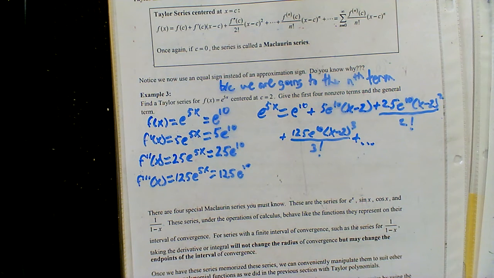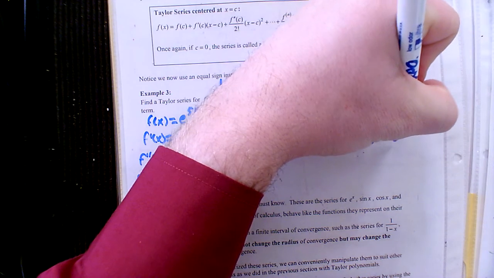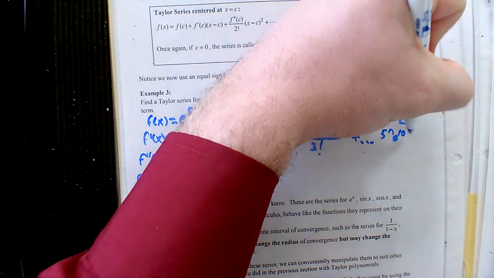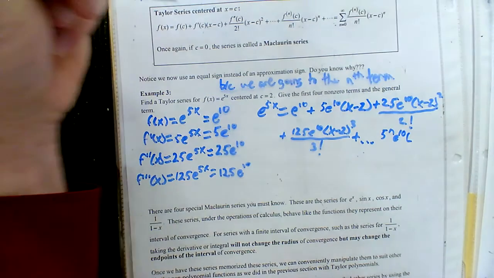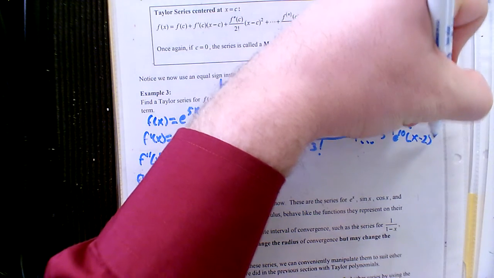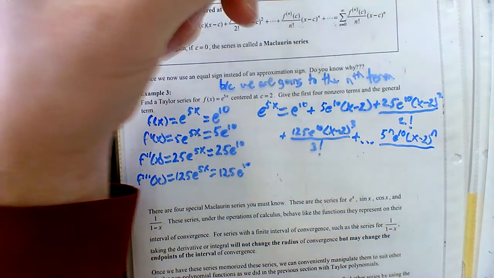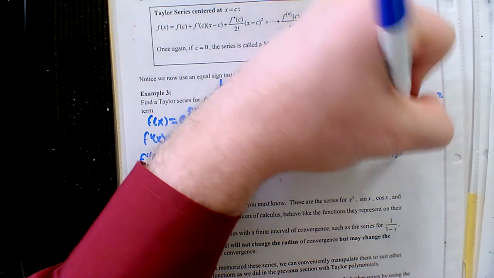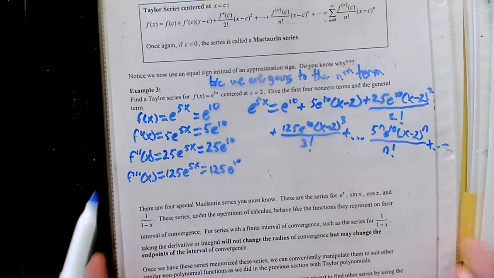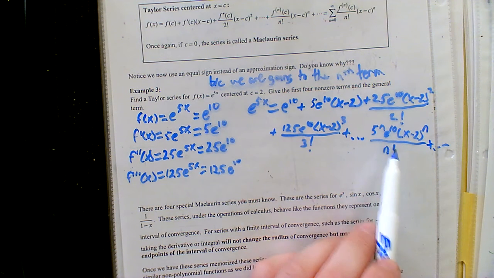Yes. It's just 5 to the... times e to the what? 5x. In terms of this specific example, it's e to the 10th. Yep. And then what? Times x to the n over n factorial plus dot, dot, dot. So, as we see, this is the general form for this e to the 5x, so it's important to notice